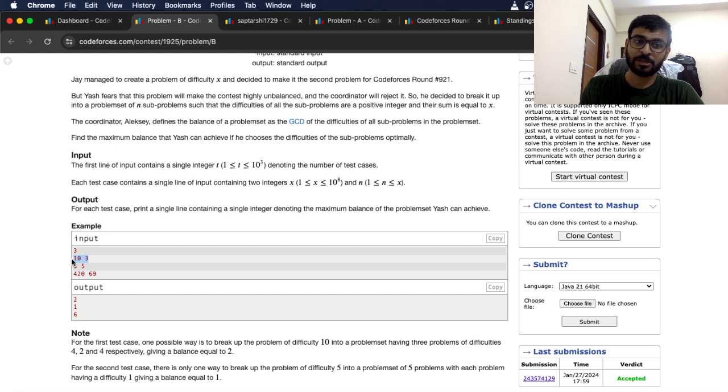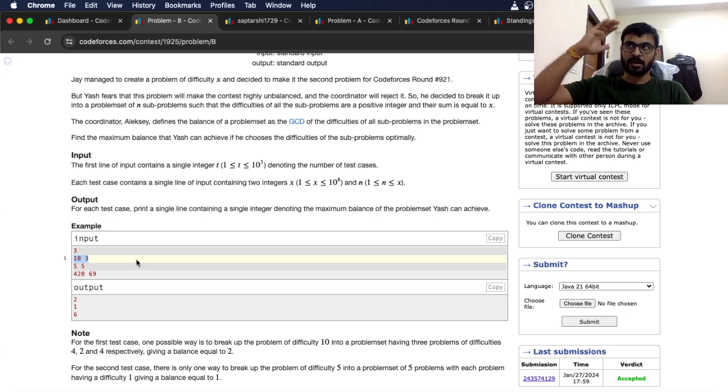10 by 3 is 3 point something. But 3 is not possible as the answer. Why? Because 3 cannot be the GCD of 3 different numbers whose sum is 10. 3 is not possible, so then 2. So I'm trying to maximize. So what I'm basically saying, okay, 10 by 3. My average number,